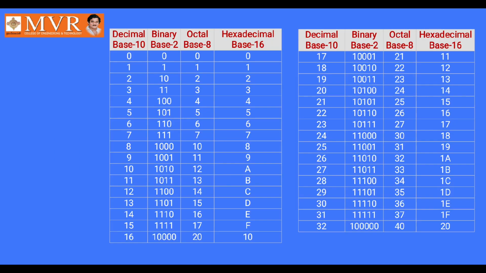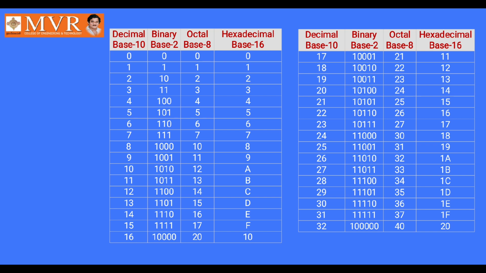So if you see the table given here, generally decimal values I have considered from 0 to 16. Its equivalent binary values are written: 0, 1, 10, 11. Don't read it as 0, 1, 10, 11, 100, 101, 110, 111 like that. In the very next column I have considered base 8 values, octal values. It is actually one table only, but due to the length problem I have divided it into two parts.